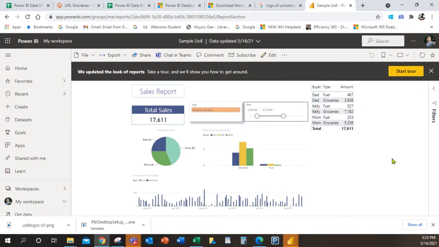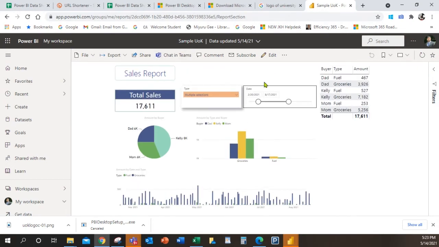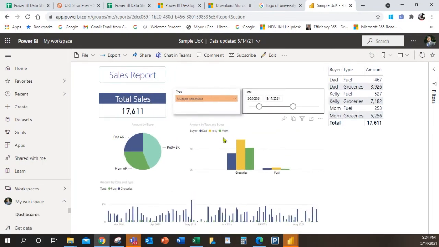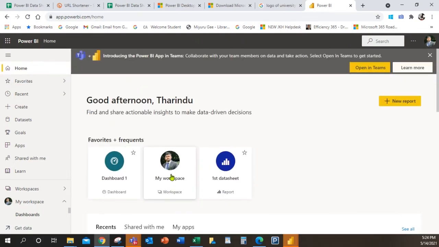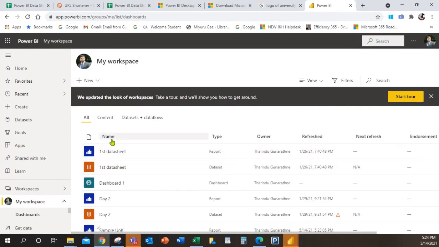See, it already updated to the web version. In my workspace, I can see many reports. Now let me explain the difference between reports and the dashboard. First of all, let me come to my home page, and in my workspace I can see there are many reports and dashboards. Why am I using the words report and dashboard here?